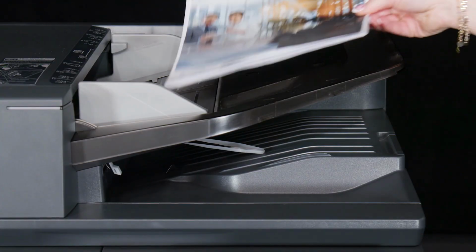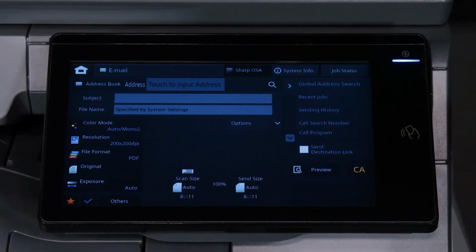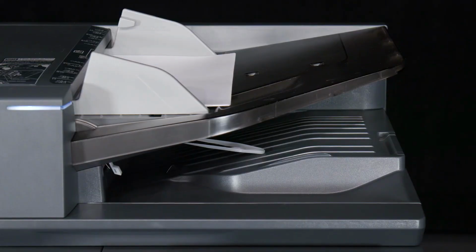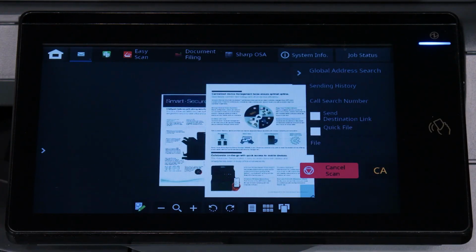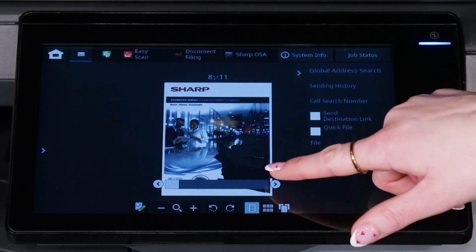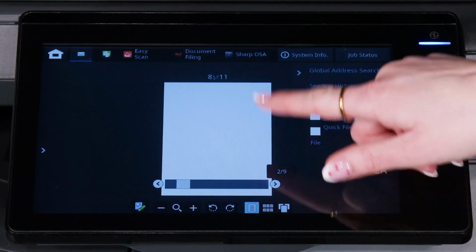So we'll place the originals into the document feeder. We'll select the email app. Then we'll select preview in the bottom right corner. Then we can see previews of all the pages we just scanned, and we see that the second page is